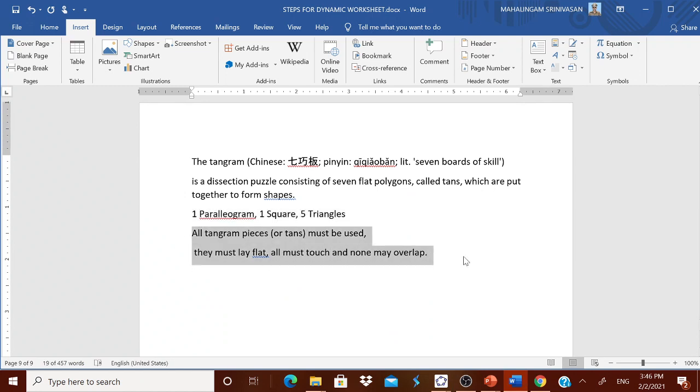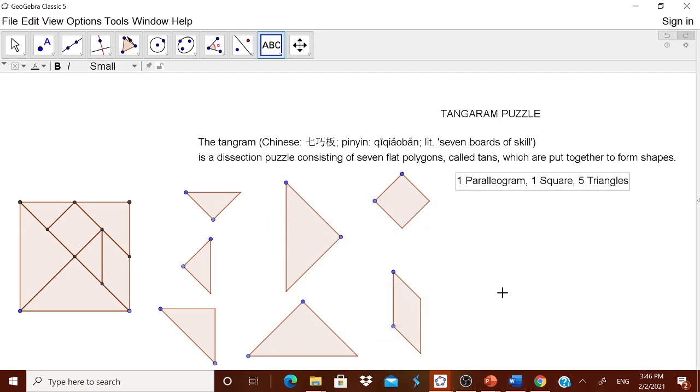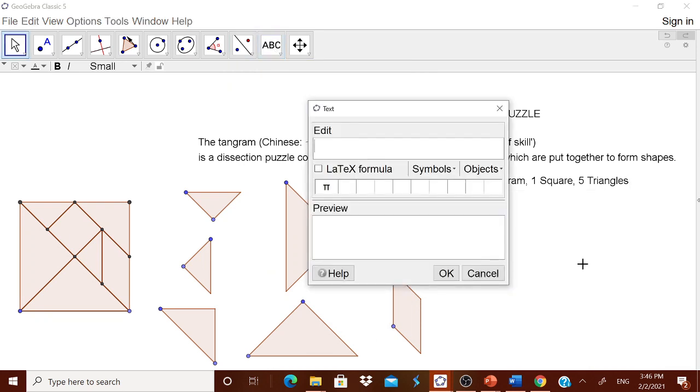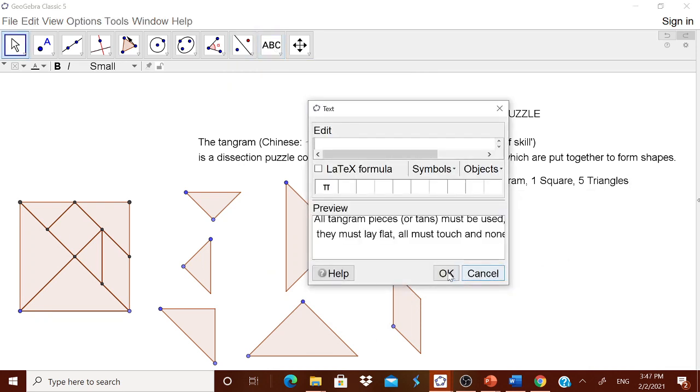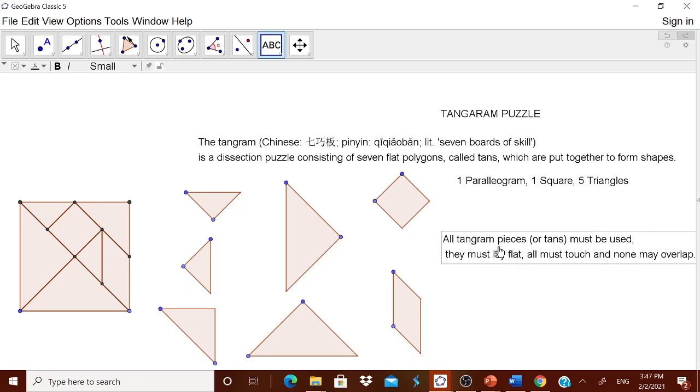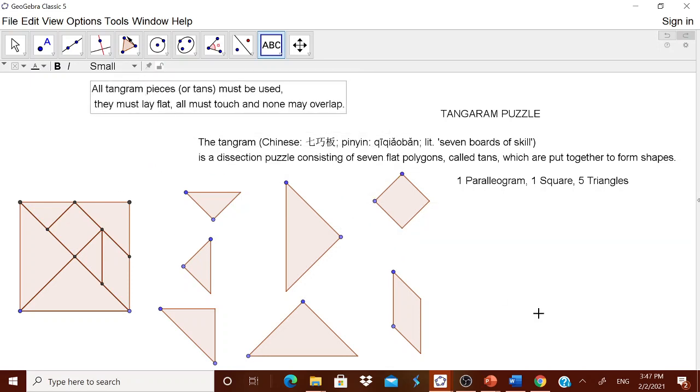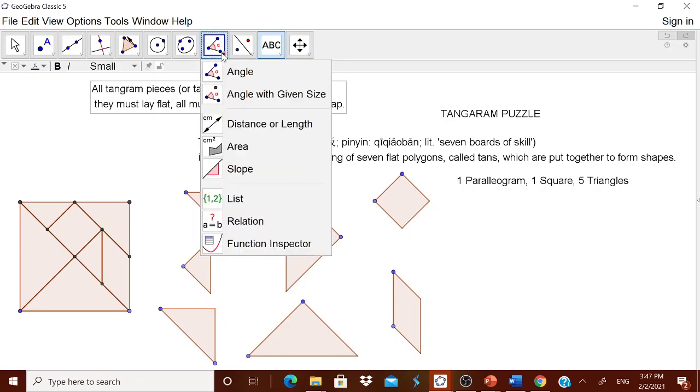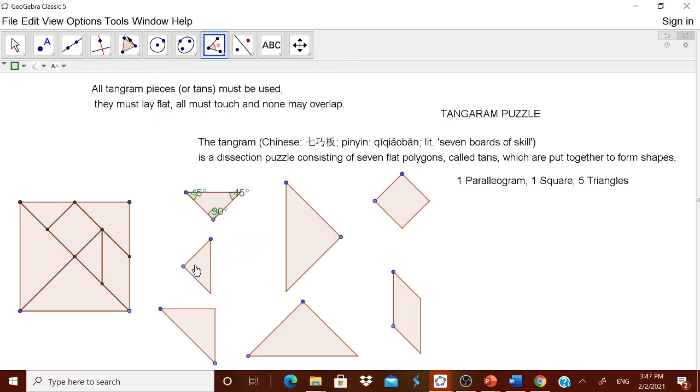Now, I am going for making figures using tangram. Tangram can be used, as we discussed, for proving some very interesting mathematical results also. Okay. Now you can tell the children about this. You can go to this angle, touch it, touch it, touch it and touch it. Now the child can understand what the figures are.